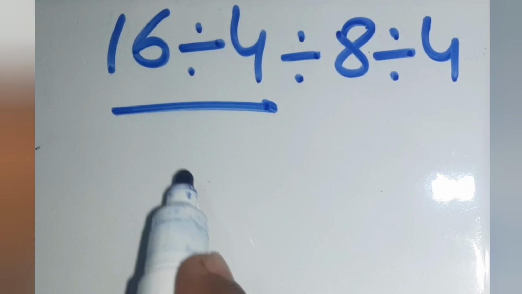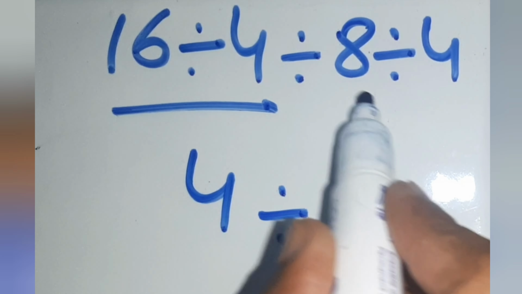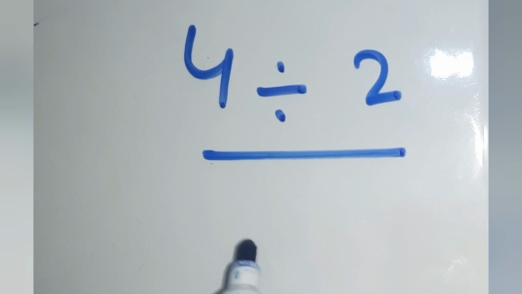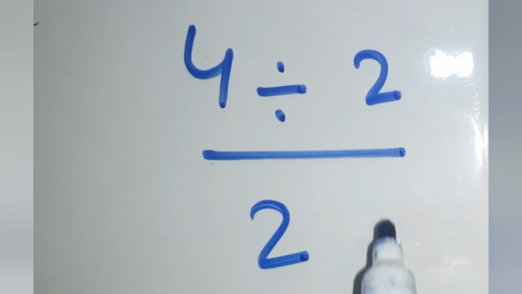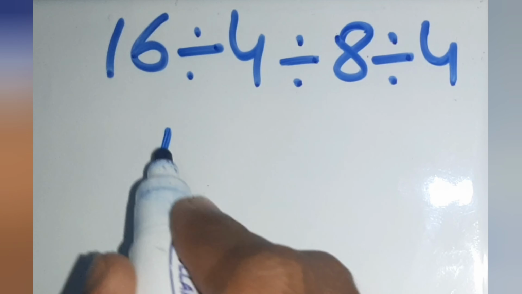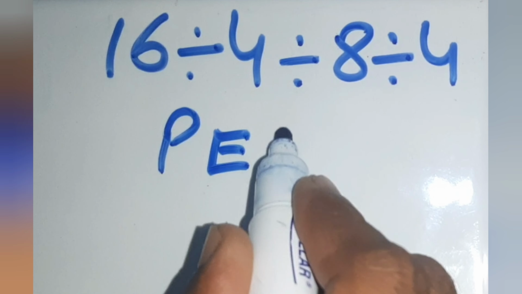16 divided by 4 gives us 4. Then 8 divided by 4 gives us 2. Finally, 4 divided by 2 gives us 2. But this answer is not correct, because according to the order of operations, first we do parenthesis, then exponent, then multiplication